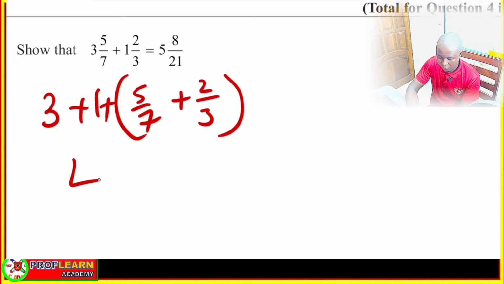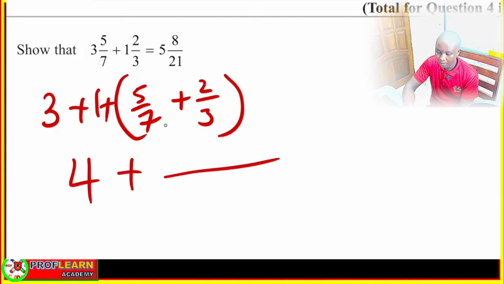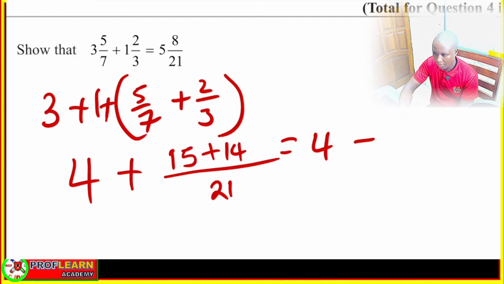So this is going to be 4 plus, what is the LCM of these two numbers here? The LCM is 21. 7 goes 3 times. 7 times 3, that's going to be 15. And 3 goes to 21. 7 times 2, that's going to be 14. So meaning that we are going to have 4 plus